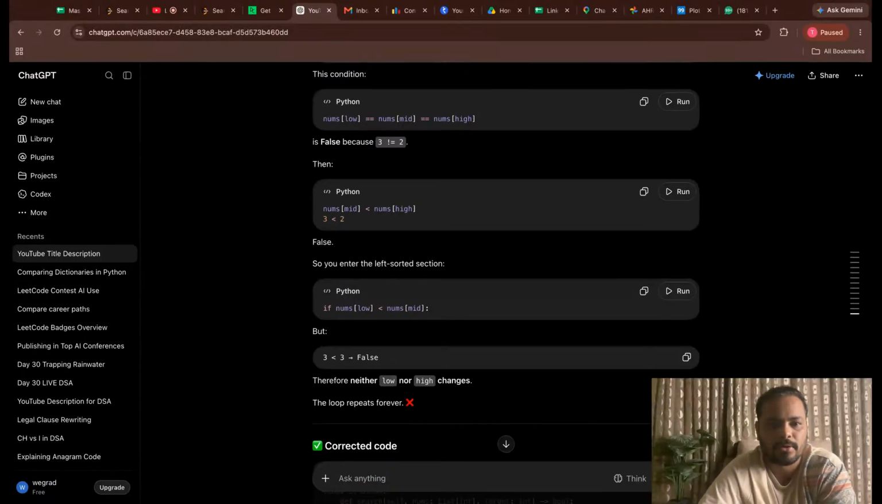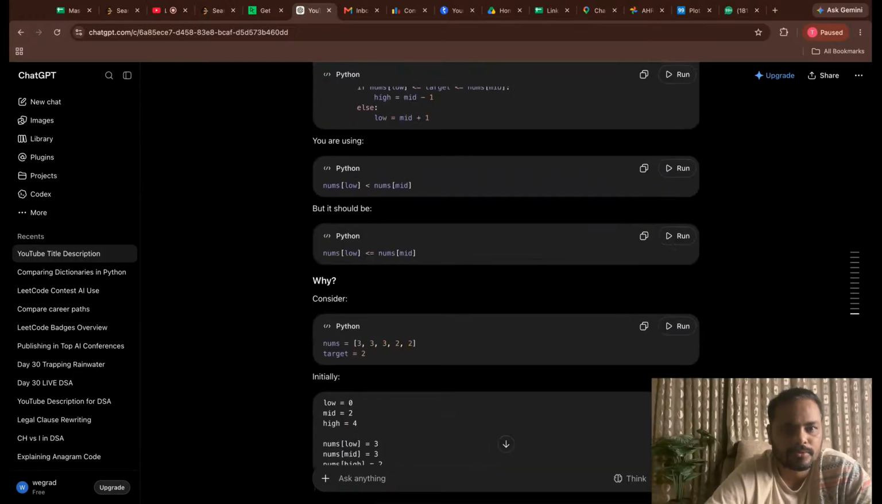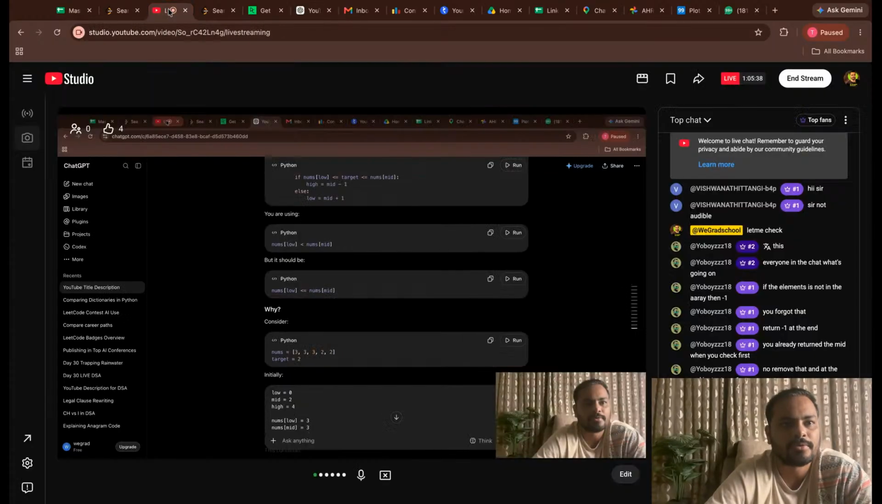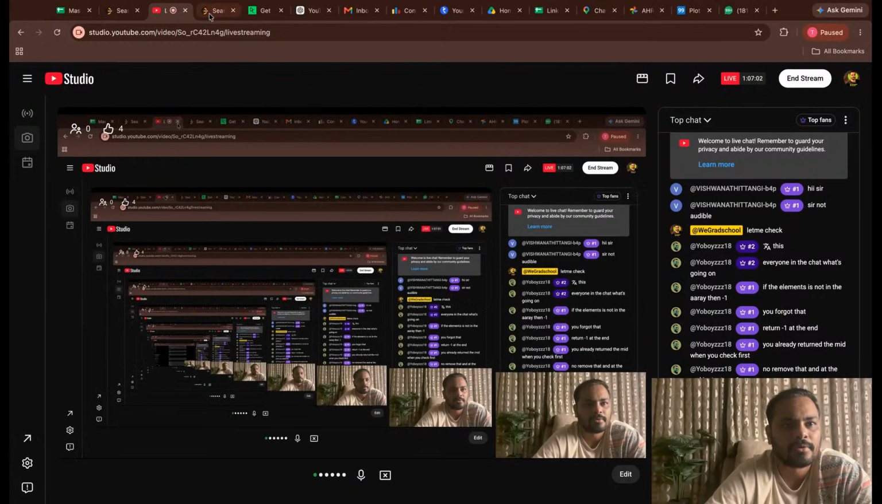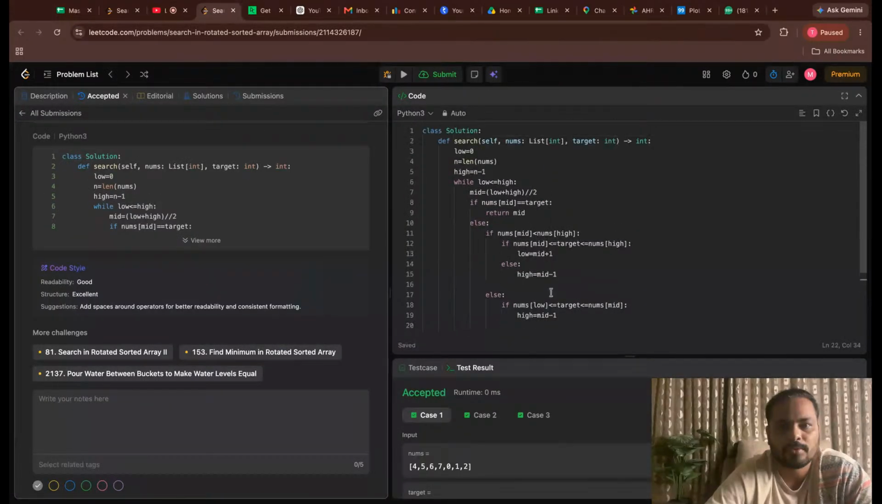Therefore, neither low nor high changes. Okay, the loop repeats forever. So nums of low should be less than or equal to nums of mid. Nums of low should be less than